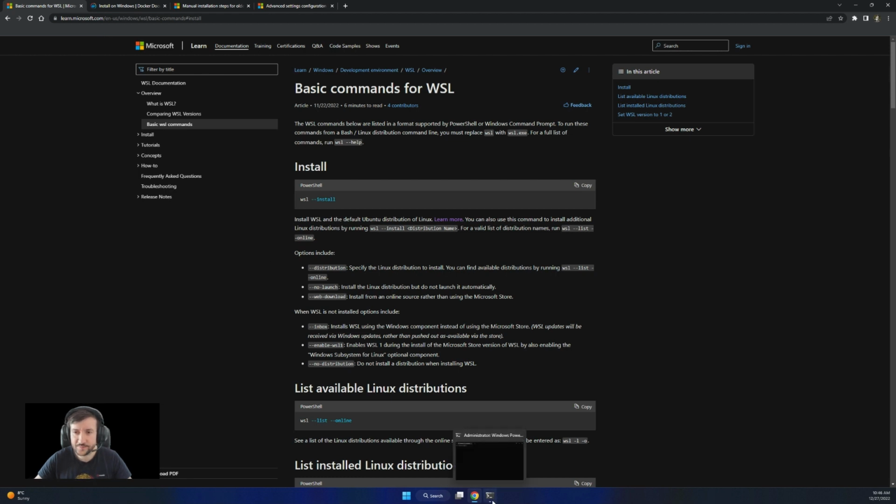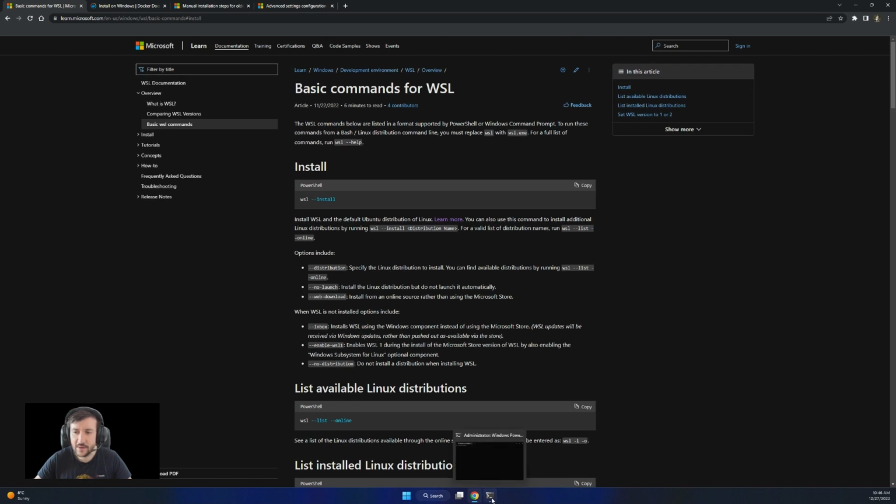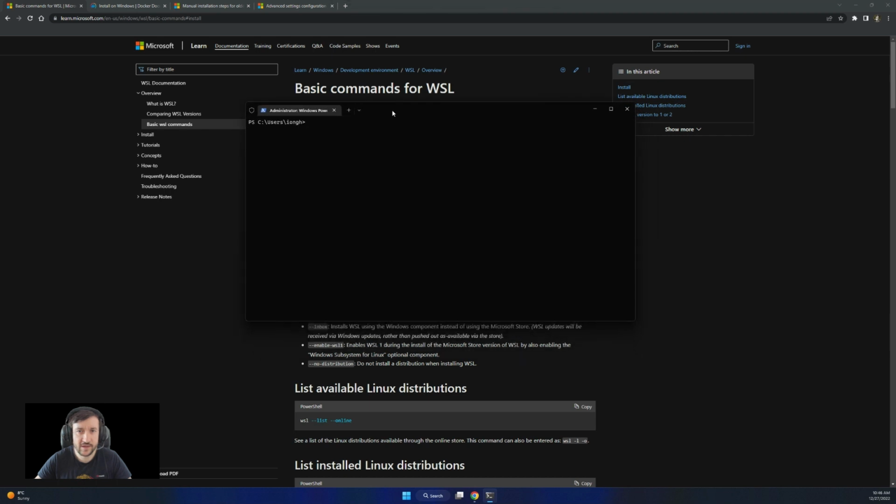And in order to find more about this, I recommend going through these basic commands, but I'm gonna do it so maybe you can follow this tutorial. The first command is to check the status of your WSL. You can do that with wsl --status. Some of you might not have anything in here because nothing is installed.